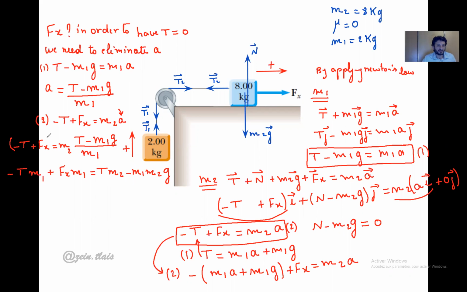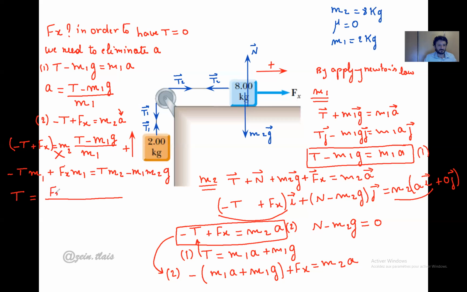Just we did this, okay, this one times this one. Okay, I want to calculate t. I take a common value of t. We get t equals